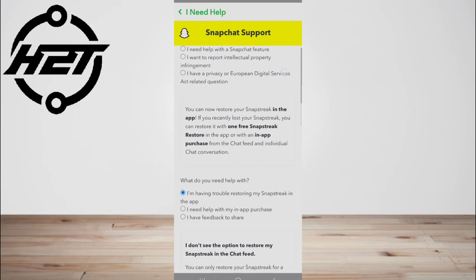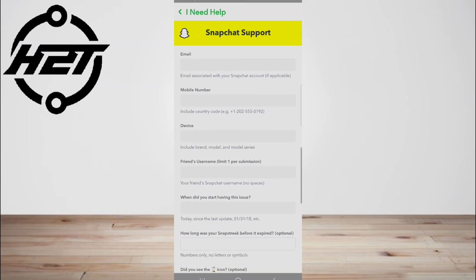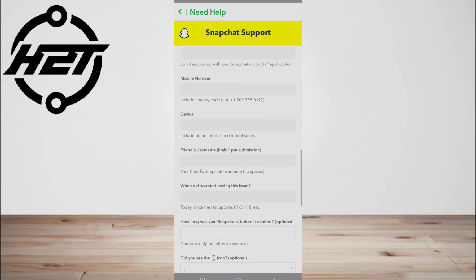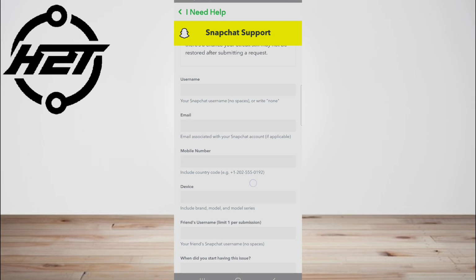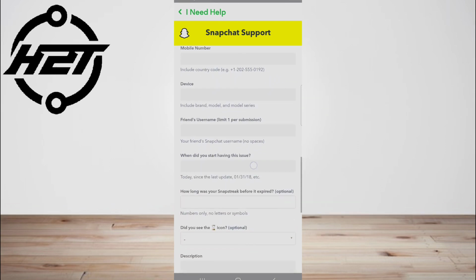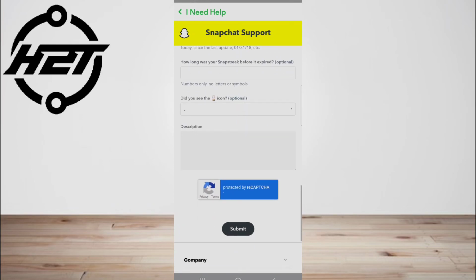Fill in the form, including as many details as possible. Then, tap Send to submit. If you saw the hourglass emoji before your streak ended, Snapchat might not be able to help. You can support your case for recovery in the What Information Should We Know section of the form.